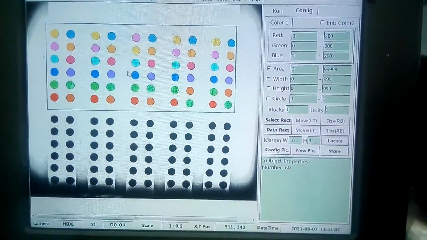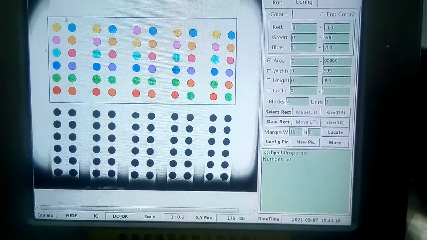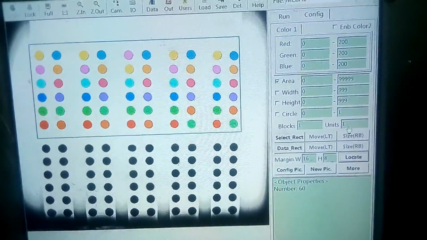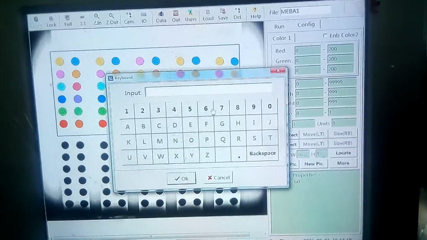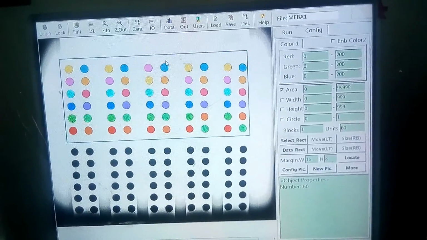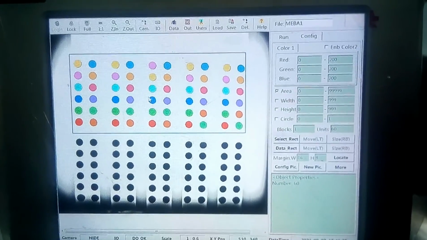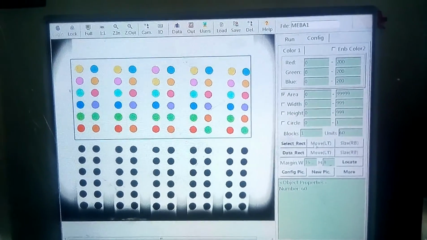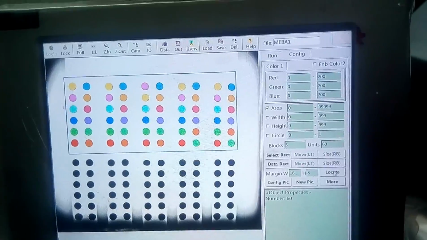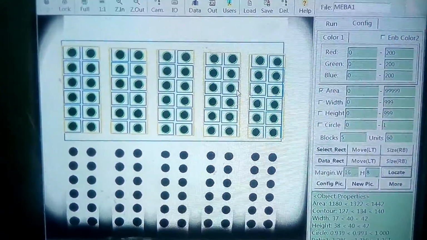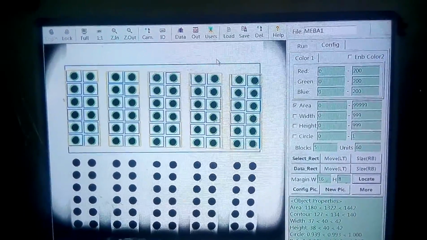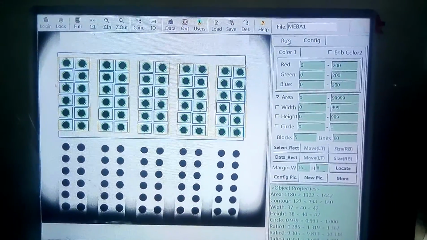So we need to fill the block in the units. Here if you count, it's around 60, and we fill the unit number of tablets around 60. So we make it like this, and we should count the blocks, 1, 2, 3, 5. So 5 blocks, I have to fill this one like this. Now locate again, I think. Now look, it's marked correctly.